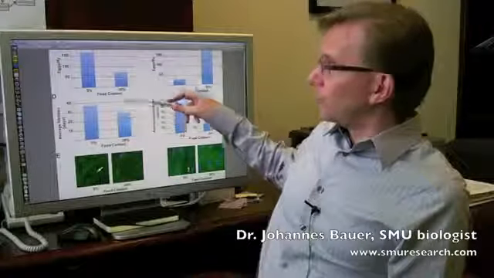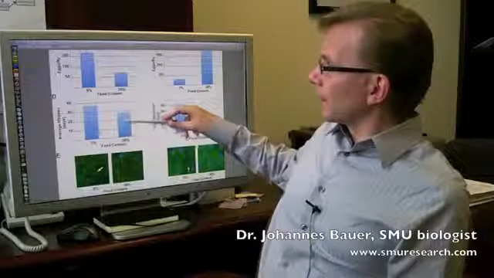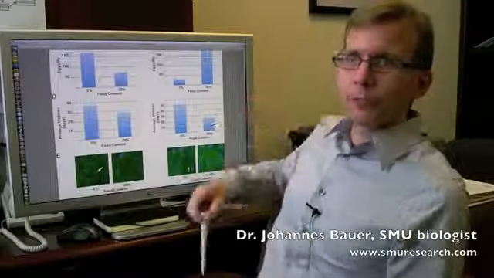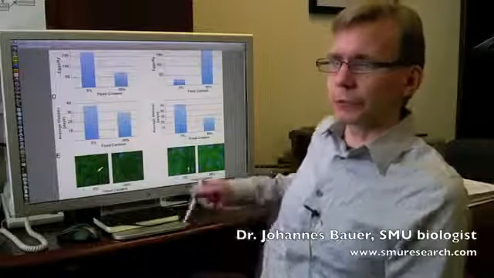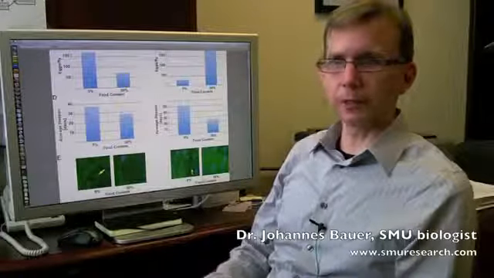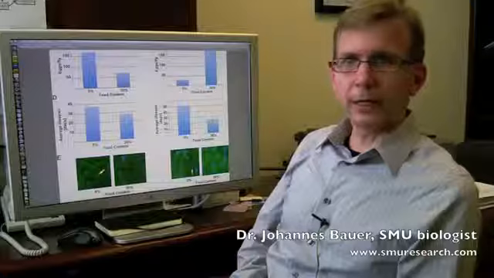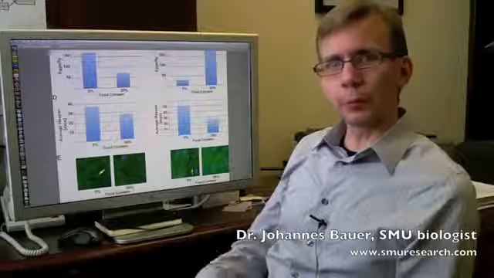When flies are overfed both of these diets, their lifespan decreases massively. So overfeeding, while having subtle differences on overall metabolism of these flies, definitely leads to a shortening of lifespan. When we use our assay to determine whether these flies are insulin resistant or not, we see that they clearly are developing insulin resistance on both overfeeding diets. It's a little bit stronger on the protein overfeeding diet, but in both cases they develop insulin resistance. So now that we have flies that develop insulin resistance in response to these nutritional stimuli, we have a fantastic tool for further discovery research.